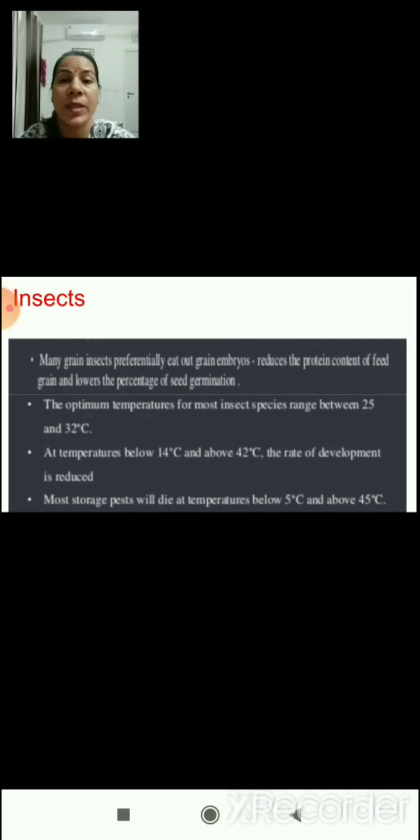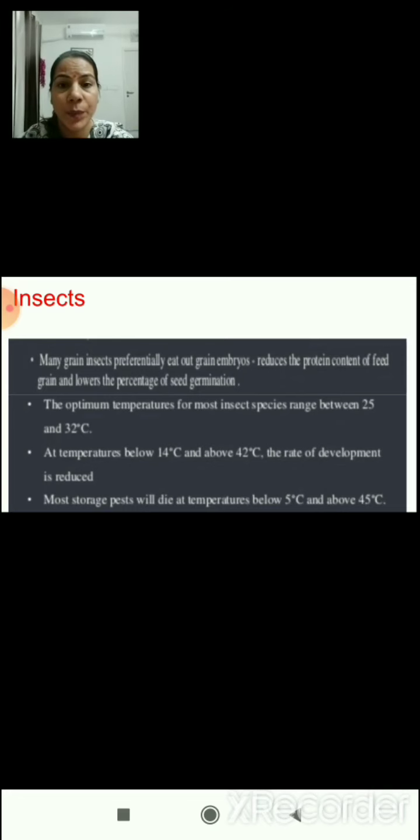Let us begin with insects, because there is a great variety of insects which cause harm to our stored grain. Many grain insects eat out grain embryos and reduce the protein content of the food grain, which lowers the percentage of seed germination. If the seed is already bored or damaged by any insect, the seed will not be able to